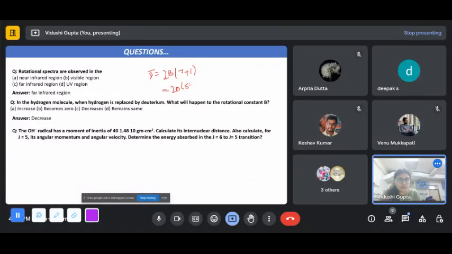And for B, you know the formula, that it is h upon 8 pi square I c. I is the moment of inertia. Now you know all the values. So from here you can calculate easily the value of B. It will be